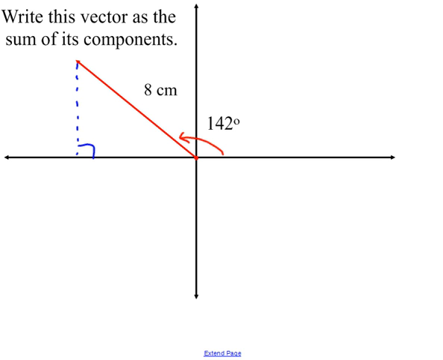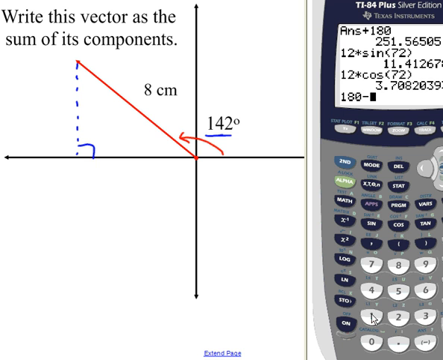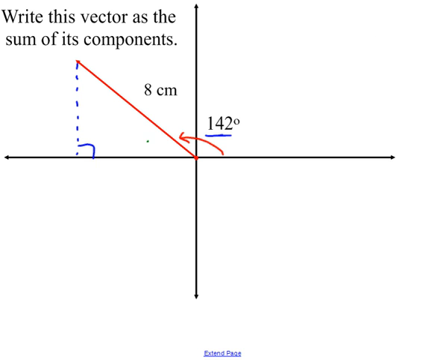All right, so here we go. I'm going to say that this angle I know is 142. So then this angle right here is 180 minus 142, 38 degrees. And so therefore, this is going to be the x, this is the y. And so you're going to write cosine of your angle times your magnitude of the vector, which is 8. Again, if you're writing out the whole equation, that's fine. Cosine theta equals adjacent side, which is x over 8. You're just doing one additional step. And so if I type 8 cosine of 38 into my calculator, I end up with